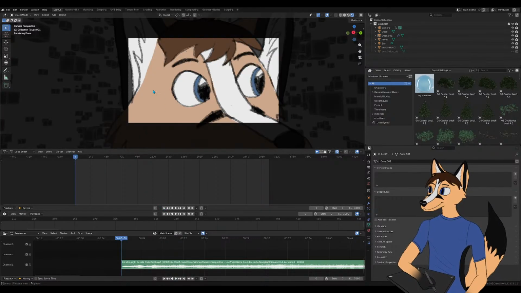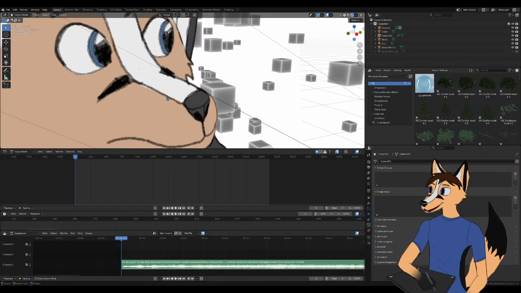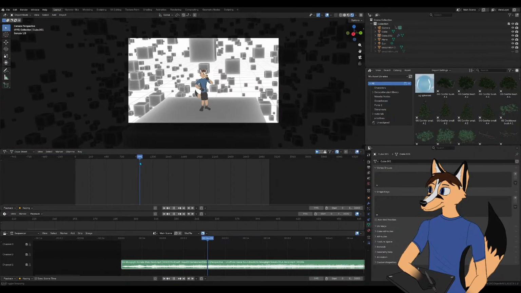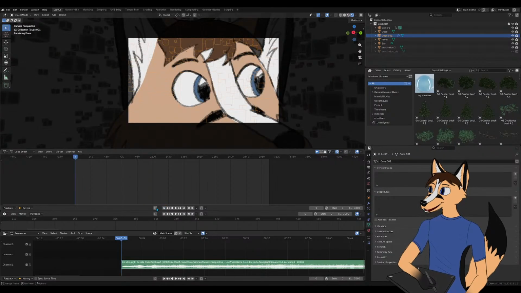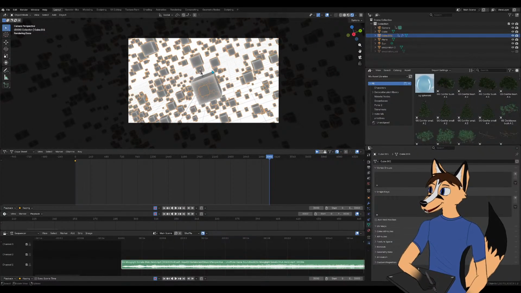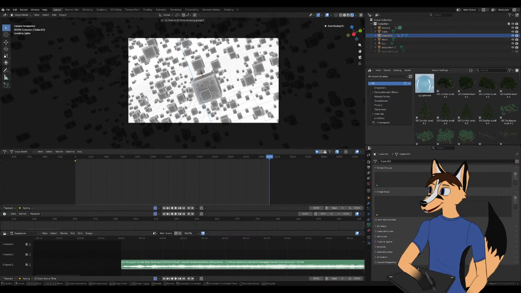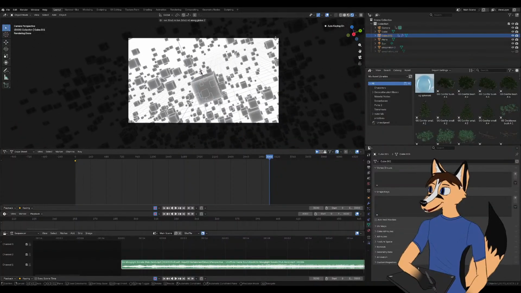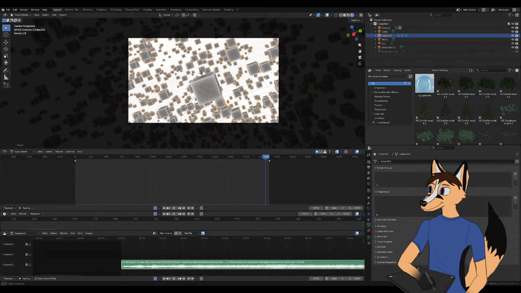But I would like to edit that so that they actually do move slightly. So I'm going to keyframe them so that they very slowly move downwards during the course of the full animation.